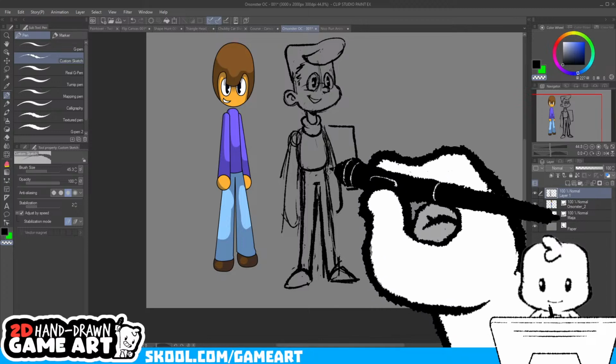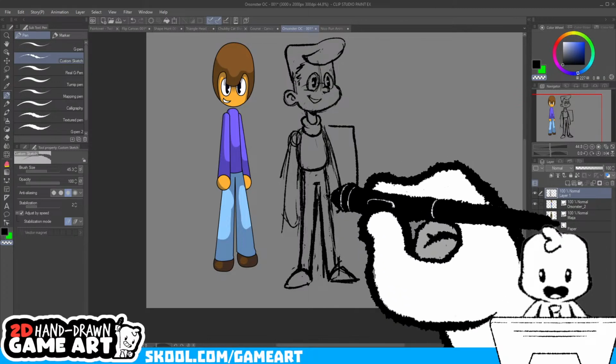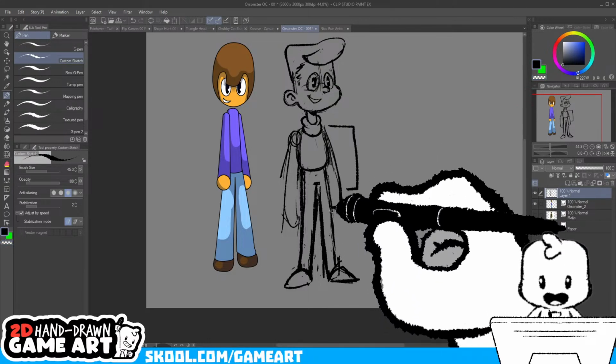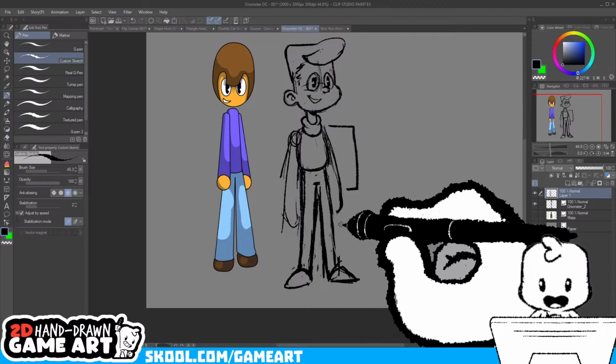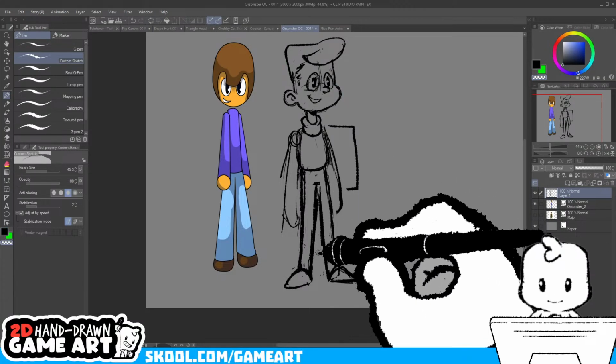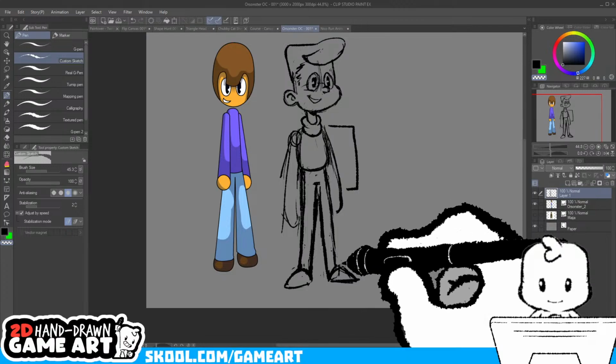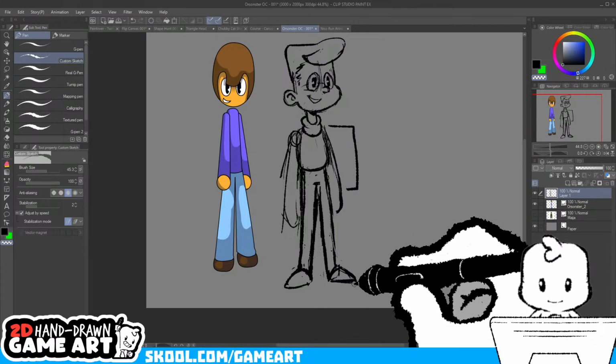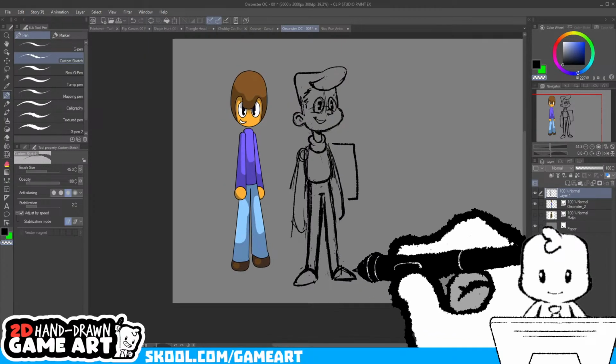Pressure sensitivity can help a lot, especially with shading and adding color. If you want a very painterly look, you can always go through manually and add opacity to your strokes, but it can be more of a hassle than is necessary.